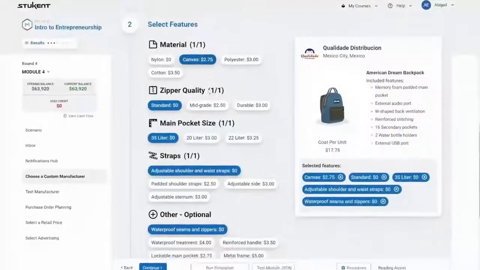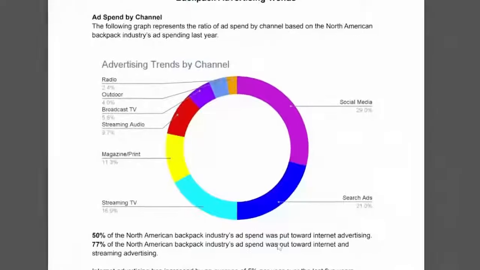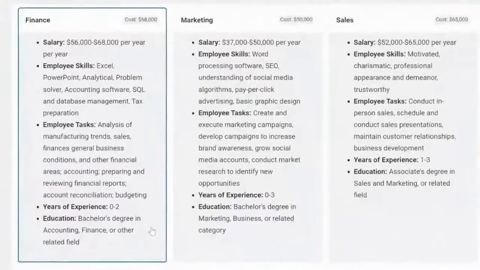From beginning to end, the Entrepreneurship Simulation is designed to mimic the challenges of the startup experience. Students will play the role of an entrepreneur who is starting a new backpack company. Over the course of 10 rounds, your students will perform market research, select product options, build advertising campaigns, hire employees, and more. By the time your students complete the Entrepreneurship Simulation, they will have experienced all aspects of starting, growing, and maintaining a business, which is a valuable insight whether they start their own business or join another one.